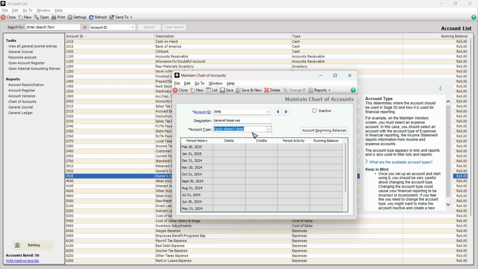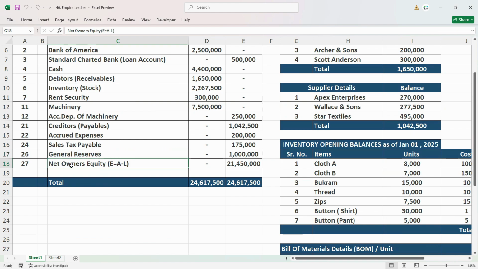If it is only a one-time balance at the start, when we imported all the balances or we put that manually, at that spot, whatever is a fixed balance, you can configure it as equity gets closed. So that's the logic of it. Click on save. And the final one we have is net owner's equity, which is